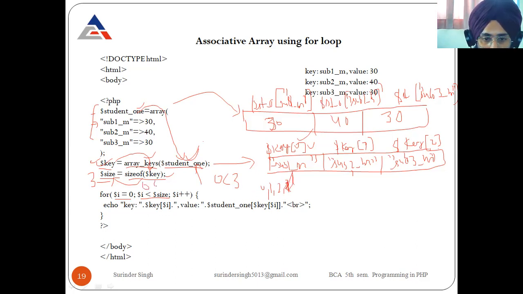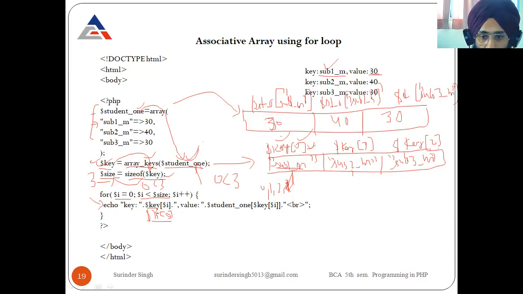First I have 0, index size is 3, so the condition 0 less than 3 is true, and control will enter the for loop. Now see how we are printing the key and how we are printing the value. See carefully. For printing the key, we have this key array. So here the array name is key, and the first index is 0. We have key 0, and it will print what is stored at key 0. It will have subject 1. It will print this.